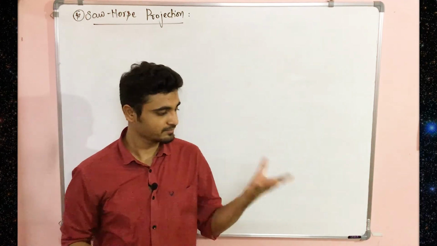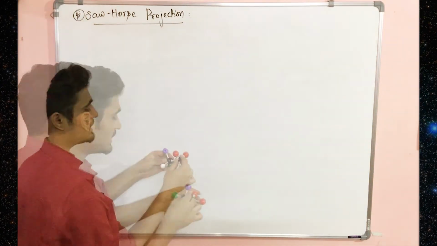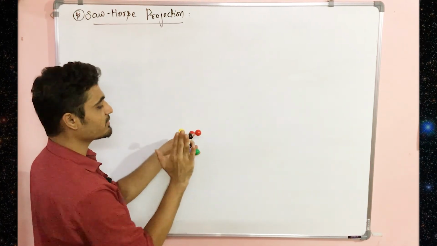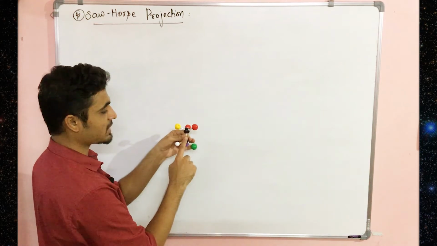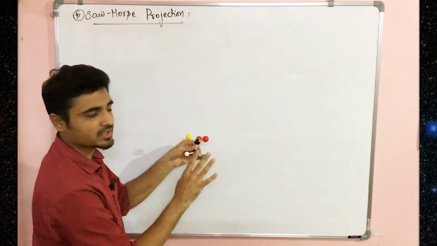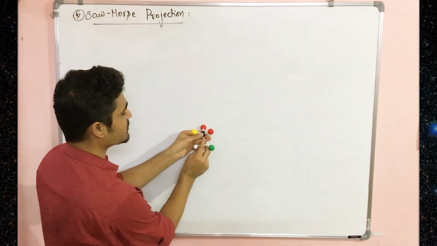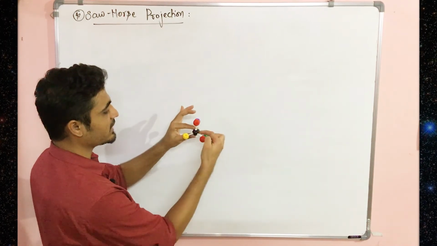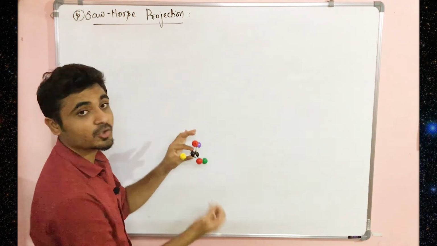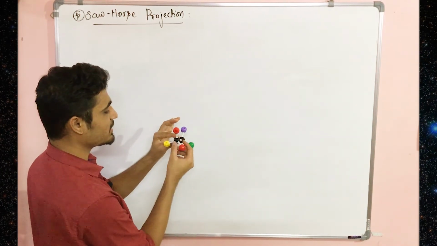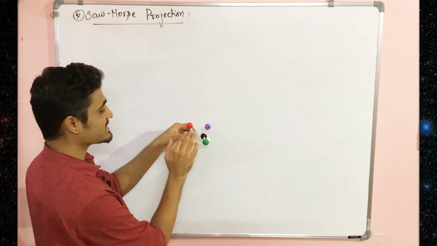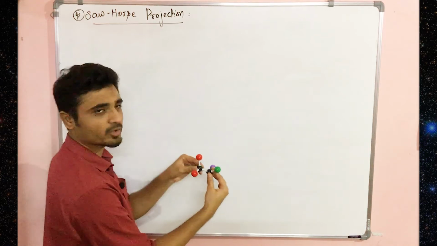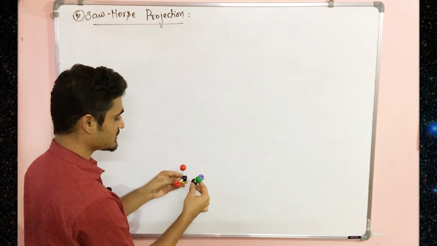Let me show you. Okay, so this is that molecule. Let me remind you that when we looked at this compound from this angle, where both carbons were in vertical position, we got Fischer projection, right? And if I saw them right from the front, where they were behind each other, we got Newman projection. Now that same carbon-carbon bond, I'm going to look at from a side angle and a little from above. Let's see how it will project. Suppose I've rotated it for a better view. Let's understand it.